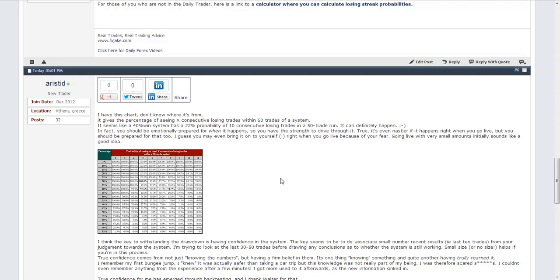So what Aristides is talking about here is this idea that based on the win rate of your system, you're going to see streaks. And the probability of your streaks is going to be based on the win rate. In other words, if you have a 90% win rate system, you're unlikely to have 50 losing trades in a row, or 20 losing trades in a row. If, however, you have a 30% win rate or a 40% win rate, then you're almost guaranteed to have long